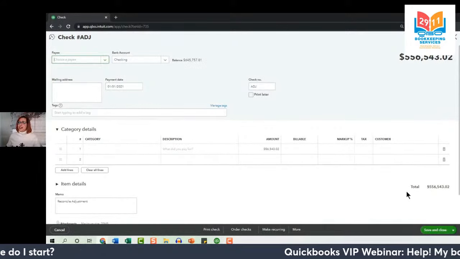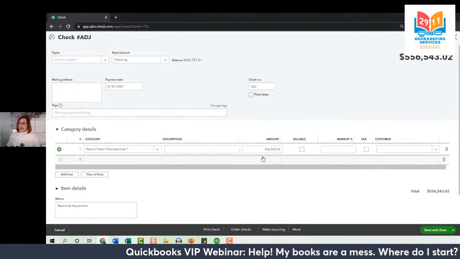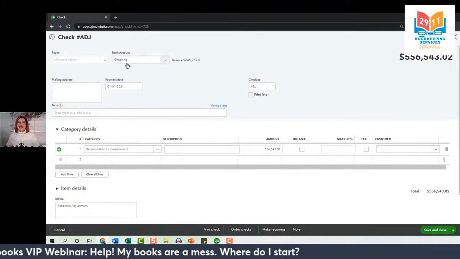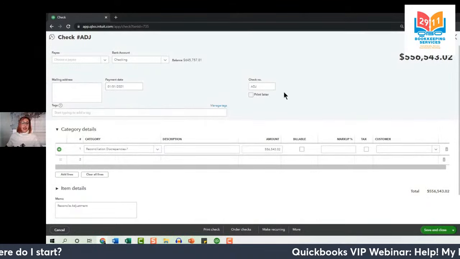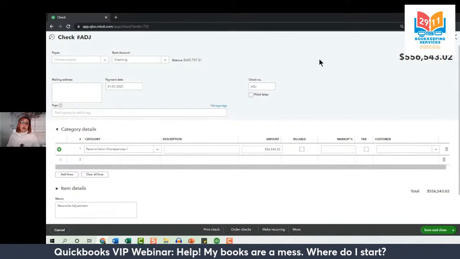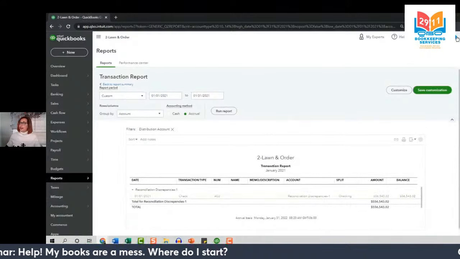QuickBooks records a transaction using the Reconciliation Discrepancies account in that amount. And you'll notice that it affects both the bank or credit card account as well as that Reconciliation Discrepancies account, and automatically even gives it a transaction number of ADJ. So you can look on the actual transaction itself to be able to find this as well.